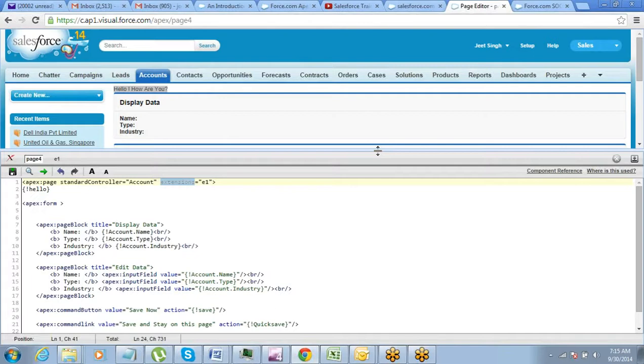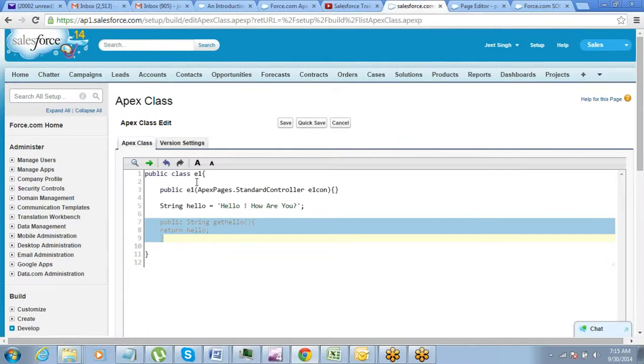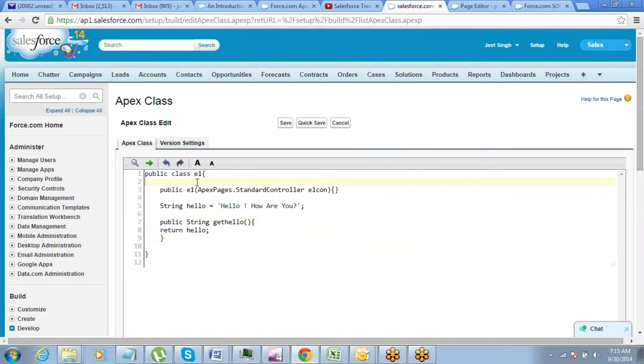Now if you just want to perform something like that, you are on the account page and sitting on the account page you want to create a contact without going out of that page. What will you do? If you are using a standard controller, you can use an extension for creating contacts. So extension can bring in anything.